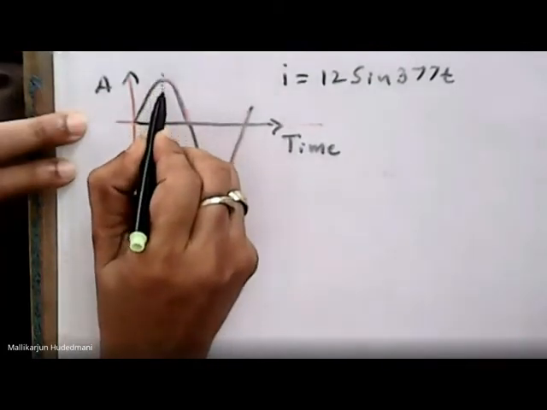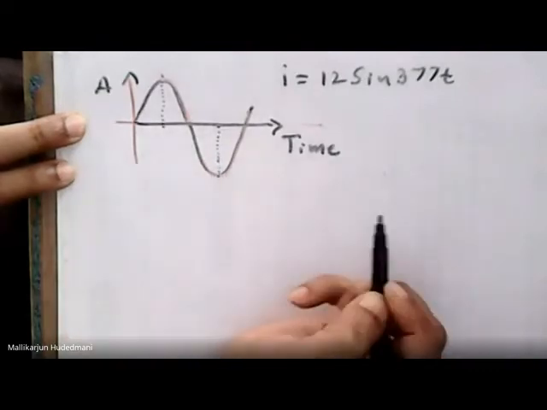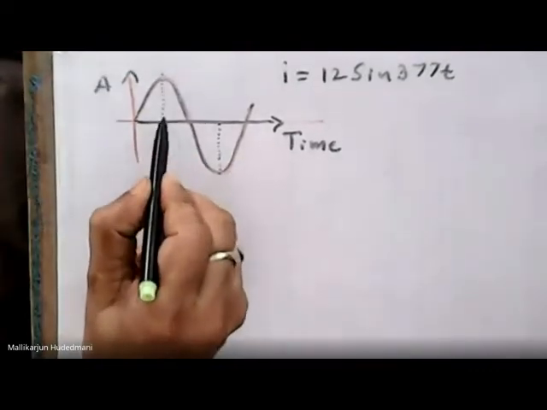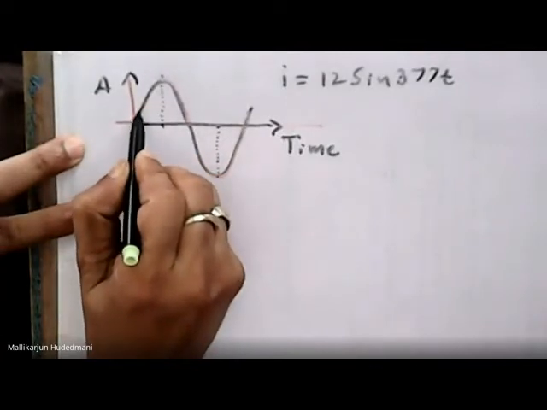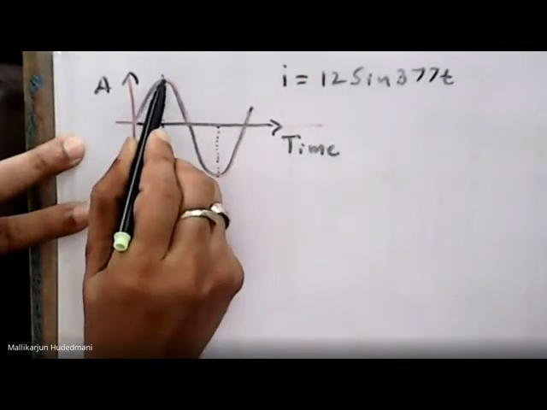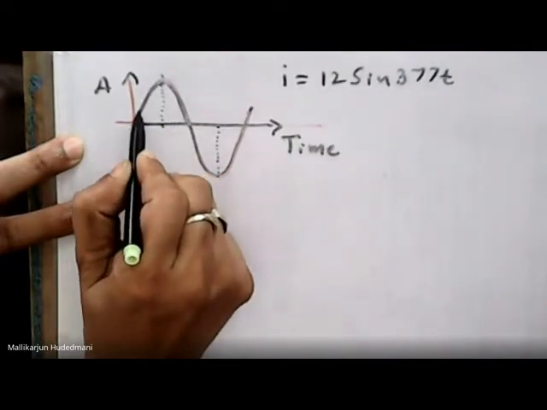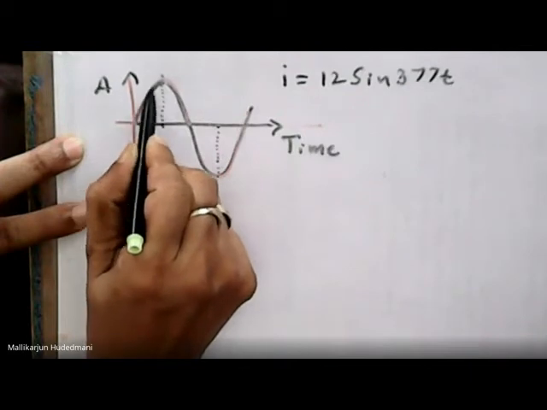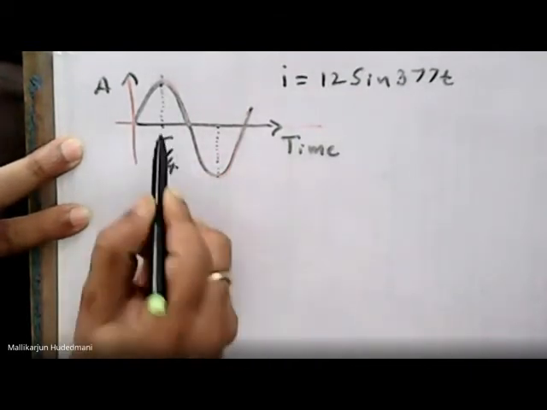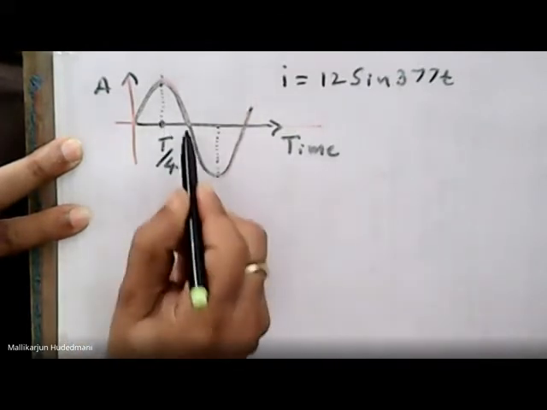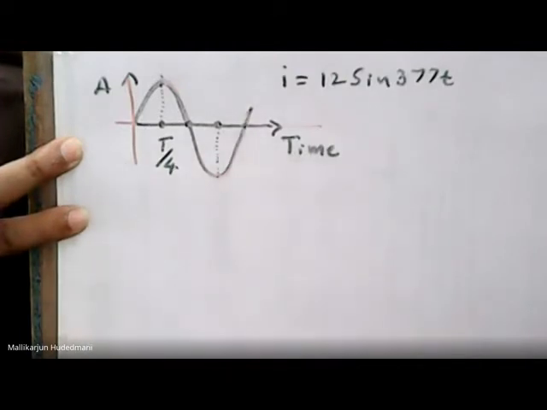I take this central axis and this central axis. So how do you find the waveform about this axis? About this axis, the values which are increasing in trend, the same values are decreasing in trend here. I mean the waveform I am trying to plot in this first half of the cycle. Therefore, this is T by 4, this is T by 2, this is 3T by 4, and this is T, as per the timing considered.